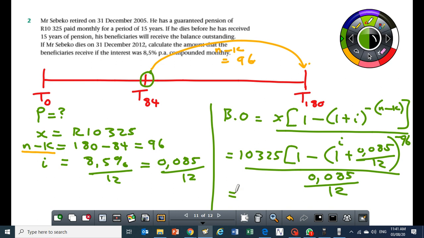Okay, so if you do a calculation there, they will get